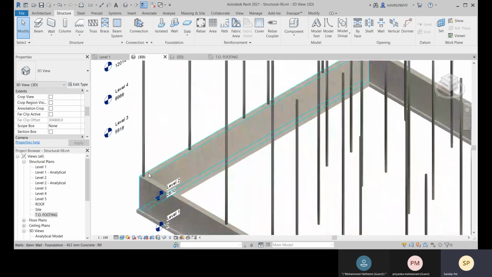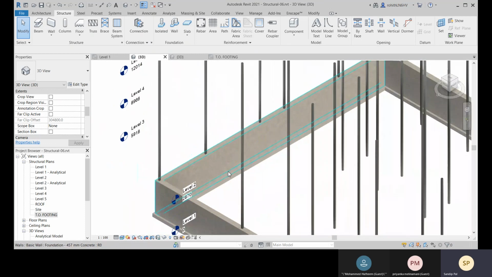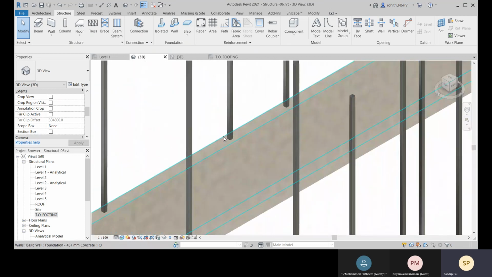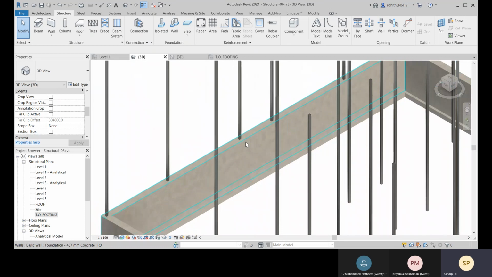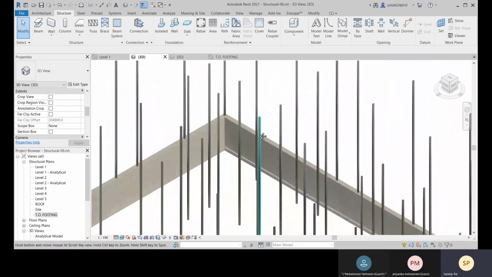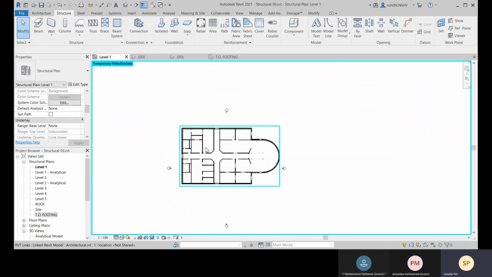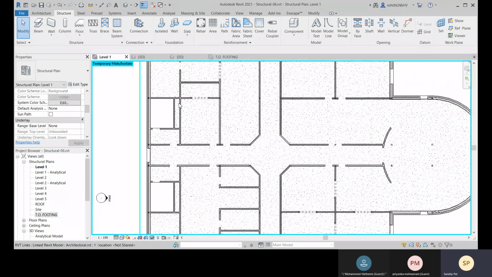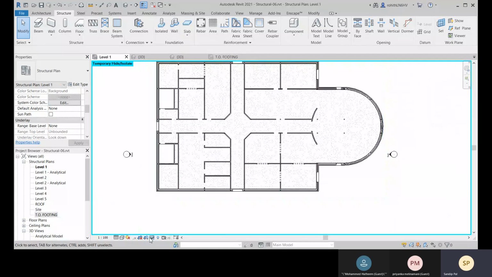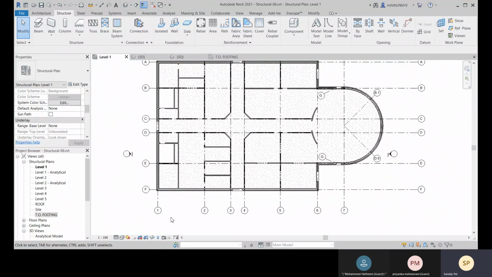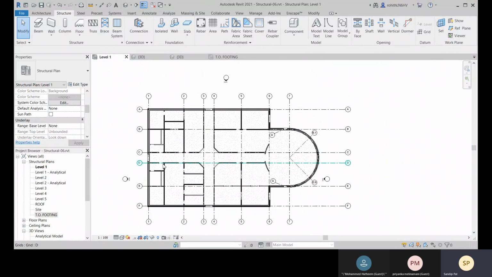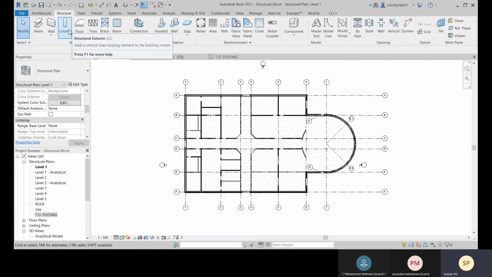Now you see that we have placed our columns, but the bottom is missing. So at the bottom, let's place some concrete column. For that also, we can come to level 1 here. And now we are done with the grade, so we can bring those back. You can bring them back. So here you click on it and go for the set temporary height visibility. Now we have this column option.